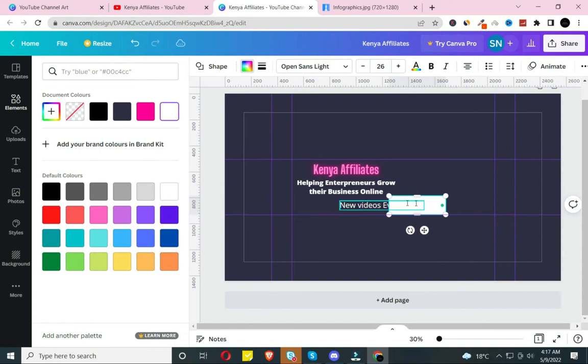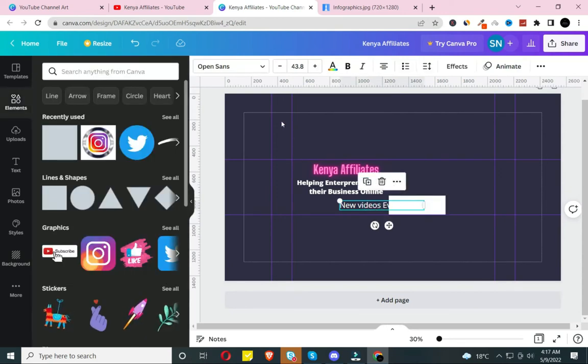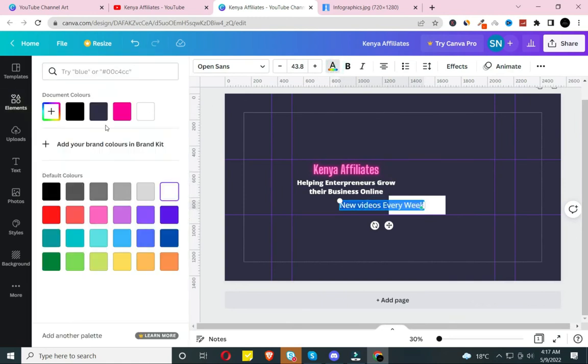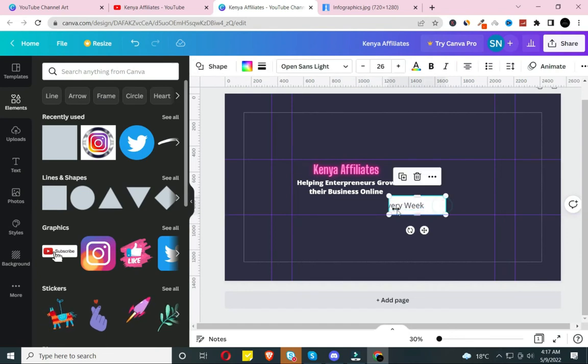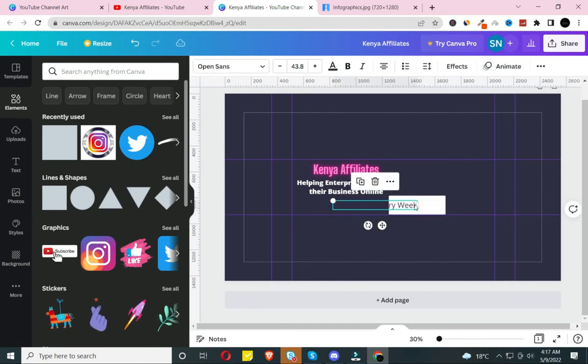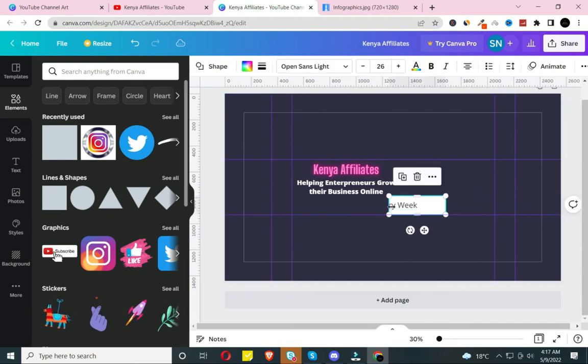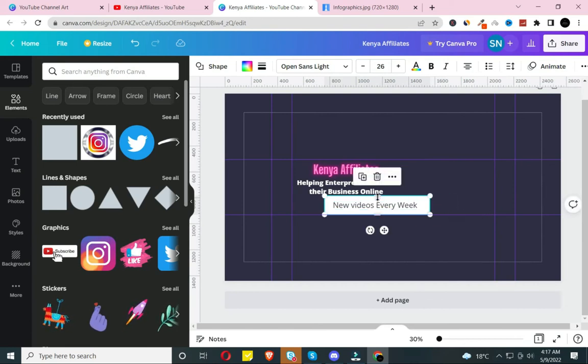Again, these two are both white in color, so you will not be able to see the text. So in this case, I'm going to click on the text and give it a color. Highlight all of it and I'm going to give it a bluish color. And then click and drag the background shape until you see all the text. So make sure that this fits well.